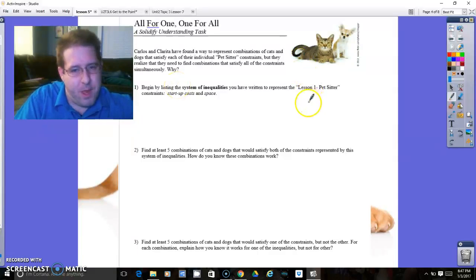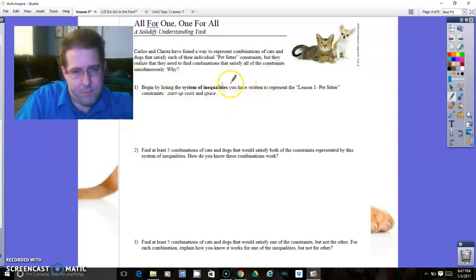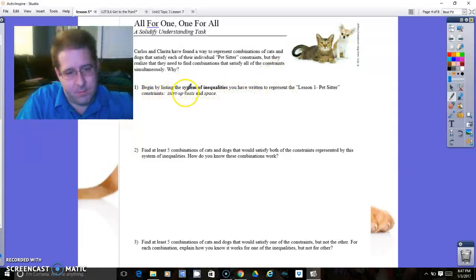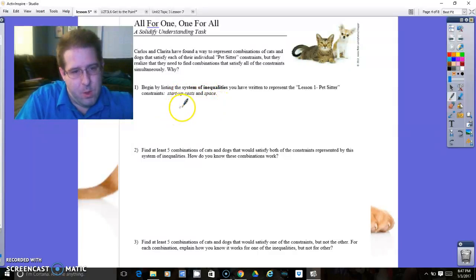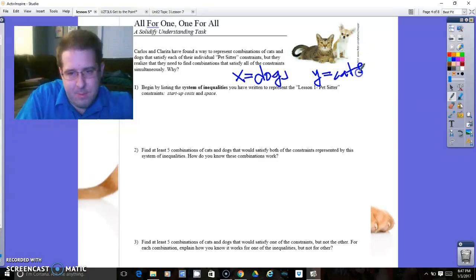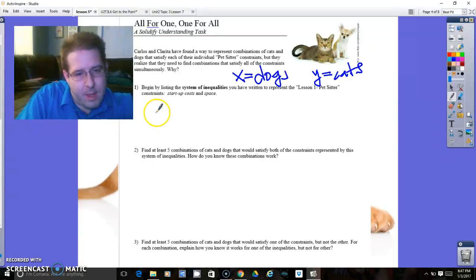Now, this lesson starts off with some questions that you had done in the past, so it's really a review of the first 4 lessons. If you remember writing the inequalities for startup cost and space: if x represents dogs and y represents cats, you always need to have a let statement when writing equations and inequalities. Startup costs happen to be... I can't remember the numbers now. I believe it was $80 per dog plus $32 per cat pen, and that had to be less than or equal to